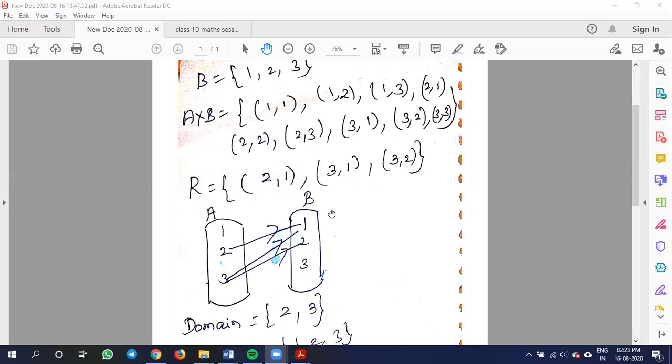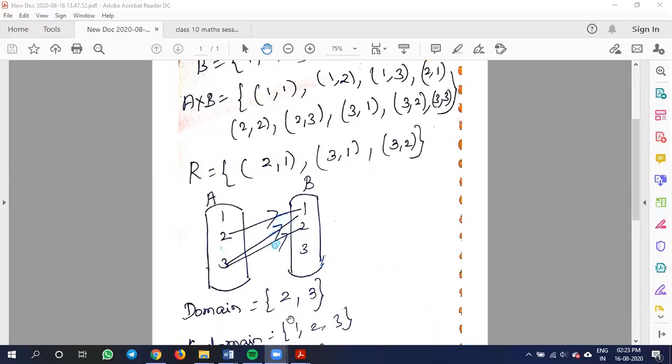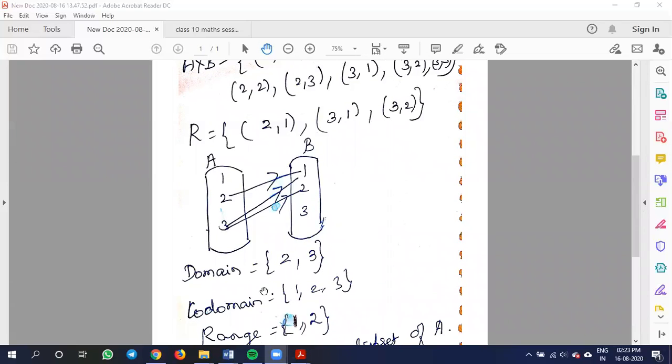Now, the very important thing we are going to see is the domain. That is what we are going to study in this exercise. So what is the domain? You see the relation. What are the first elements? 2 here, next 3. The first elements of the relation are called the domain. When we represent the elements in a set, we should not repeat an element. Here 3 is repeated, so we write it only one time. So 2, 3 is called the domain.